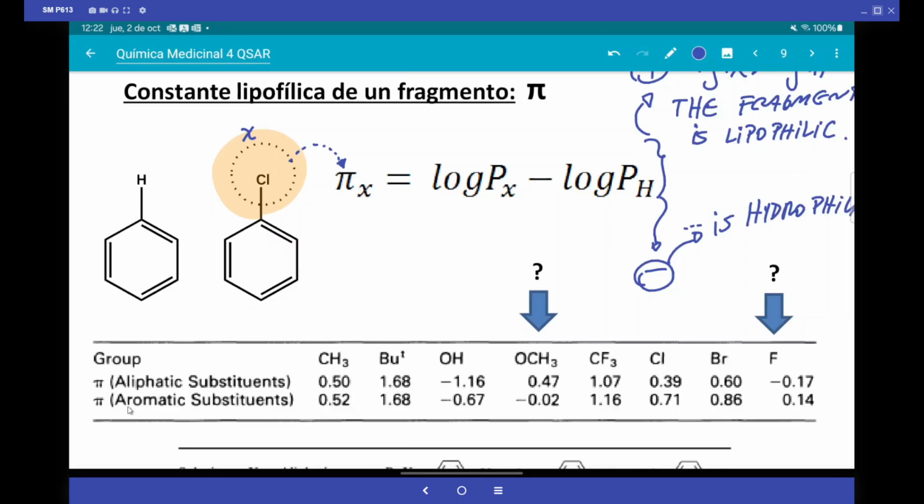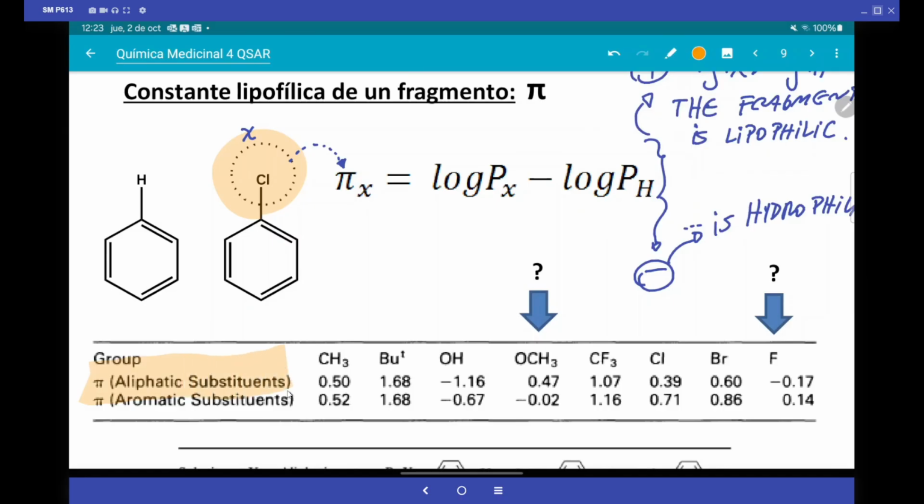Then there's a certain correlation, and I leave some exceptions that you are going to be asked about. But in general terms, in the case of the substituents connected to the aliphatic system,